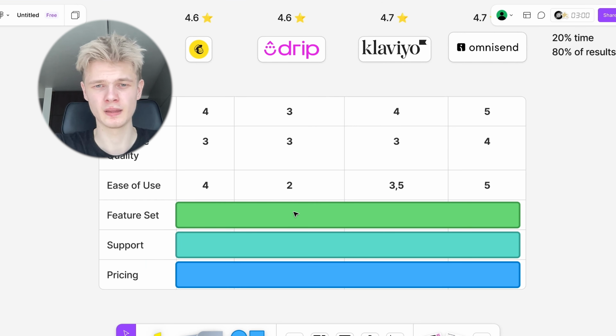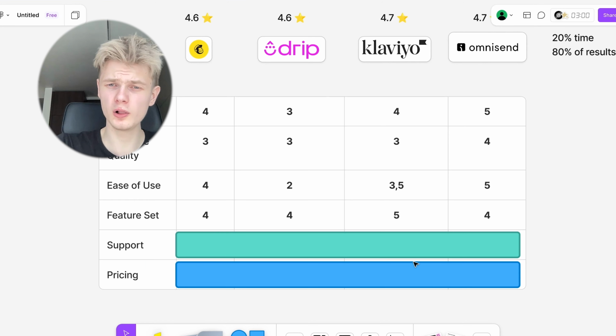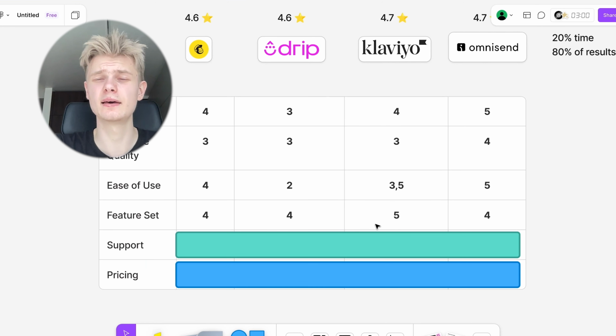So let's continue. Feature set: Omnisend is not a winner here because Klaviyo has more features, more AI predictive analytics, more targeted segmentation, more ways to customize an automation. But what actually happens because of all that stuff that Klaviyo has? It works slower, it is harder to use.